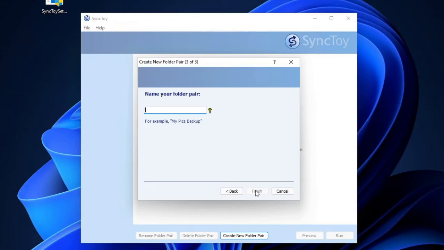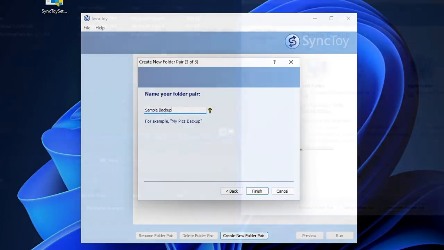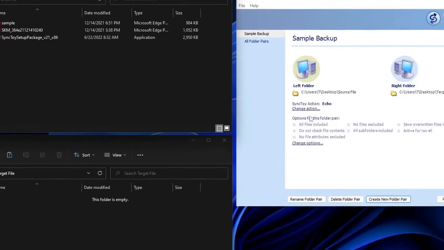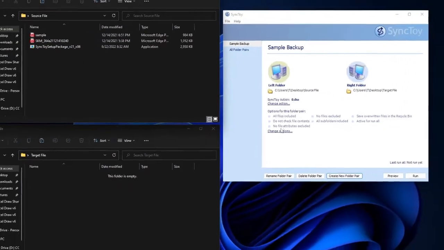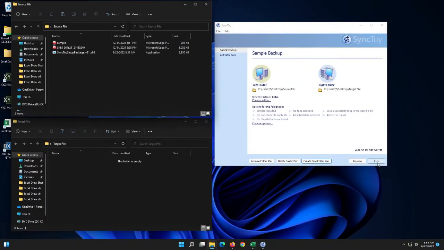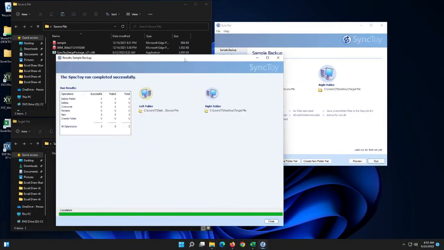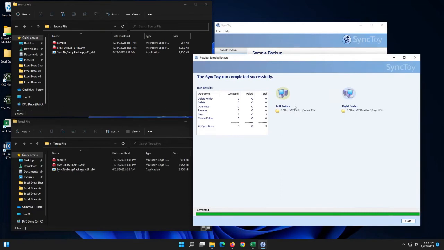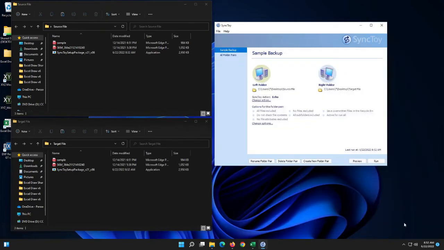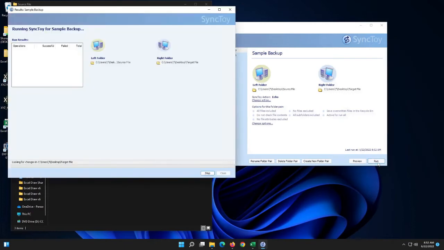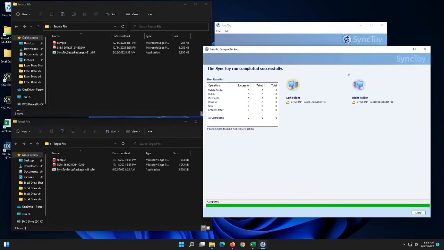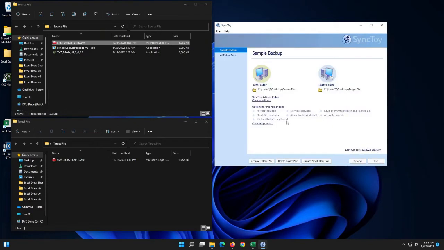So once you have that set up, all you have to do is hit run. And run will go through and automatically sync up all of your files for you, however you have the presets set up. So I just go ahead and hit run, and as you can see, it copies over the files. And I'm going to do a few tests here while I talk about what's going on,